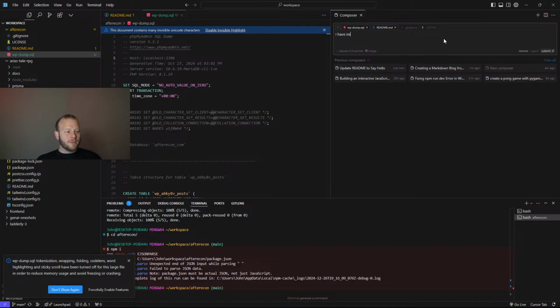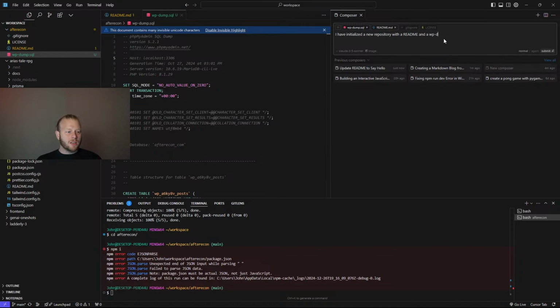I have initialized a new repository with a README and a wp-dump.sql file, which is a phpMyAdmin dump of a WordPress site. I would like to translate this into a Markdown blog.